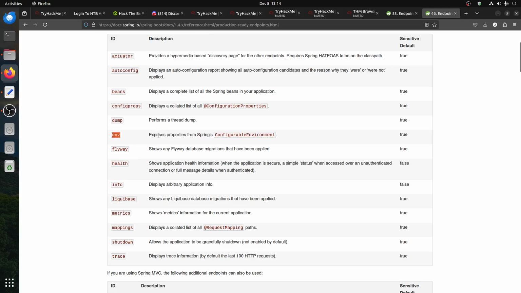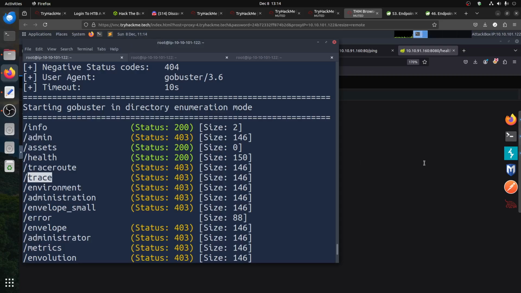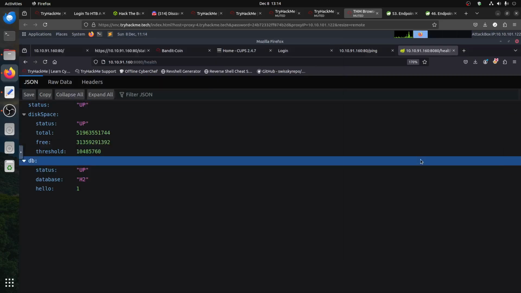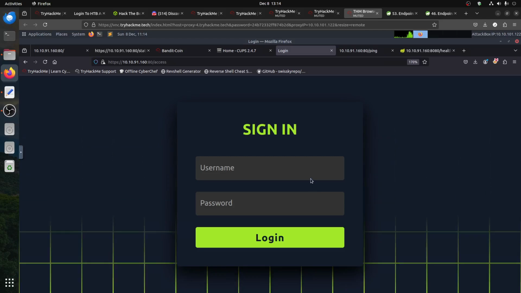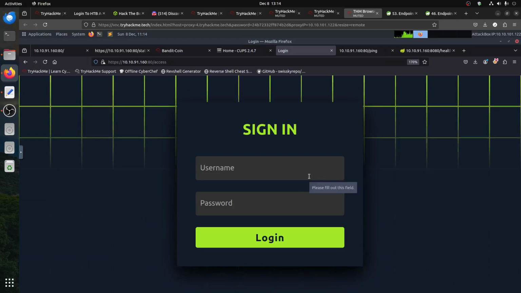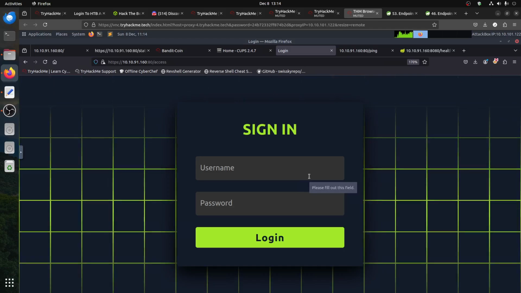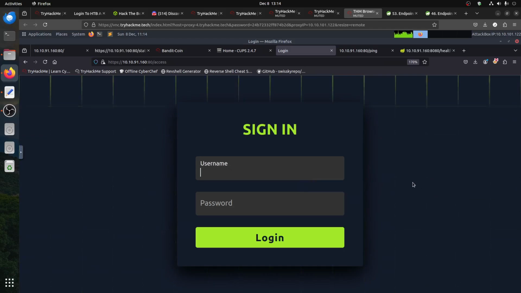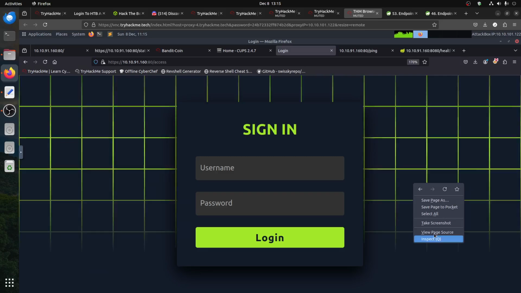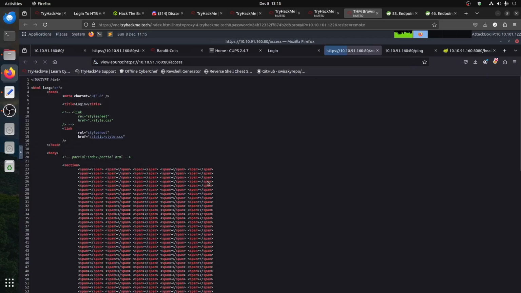The environment also exposes properties of Spring. So now, of course, we can't access this. Remember, we need to continue with enumeration, because you can say, okay, I can crack this. But you can see the room is about smuggling, so you can guess we're not talking about username. Even if you check the page source of this room,